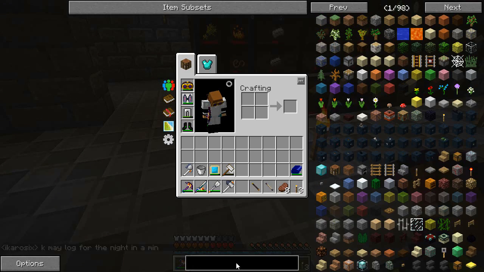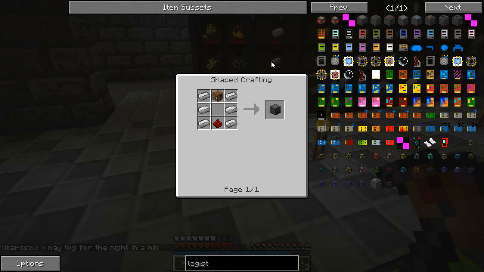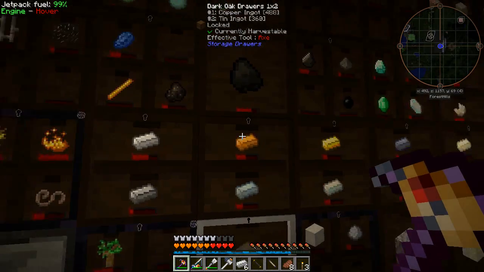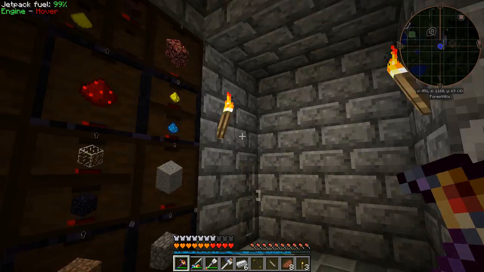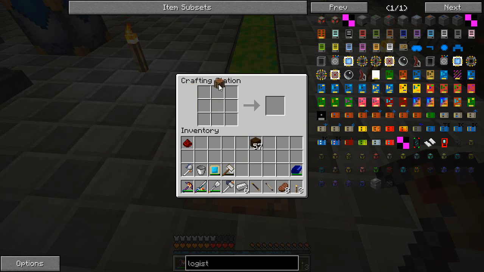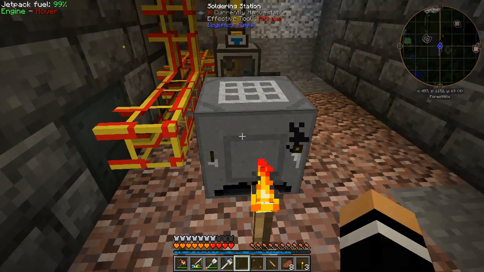So we need the... Actually, I did have the right thing up. We want the soldering station first. So crafting table and iron, pretty easy. I think I have, yes. So the soldering station is what we're going to need to build pretty much everything else. Normally I don't craft on camera, as I have said many times. But this time we're going to...